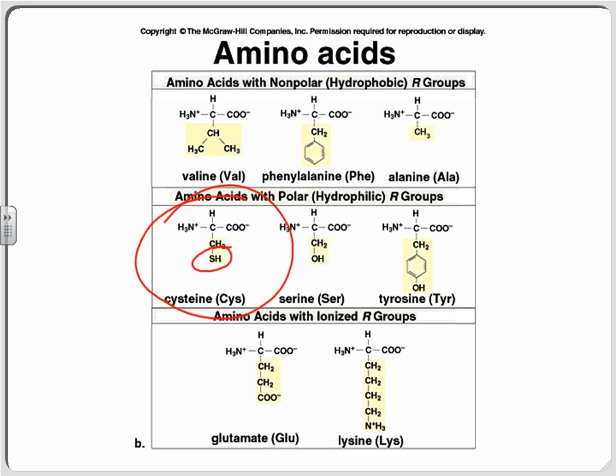Hydrogen bonds also help to hold it there. So when you hear tertiary structure, I want you to think about disulfide bonds and hydrogen bonds holding it in place, keeping it that way, keeping it from what? Keeping it from changing, from denaturing. Because if it changes, it's not going to work anymore, right? Structure determines function. So disulfide bonds and hydrogen bonds hold the shape of the protein in place. And that leads us to our last level,